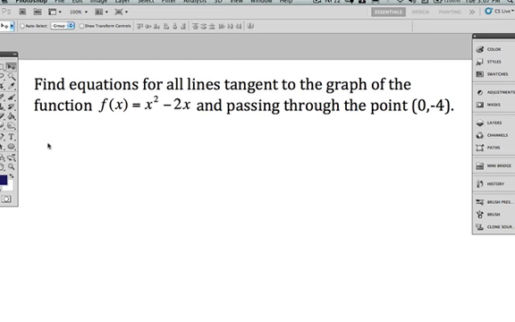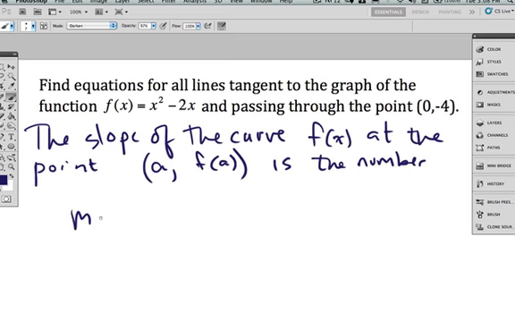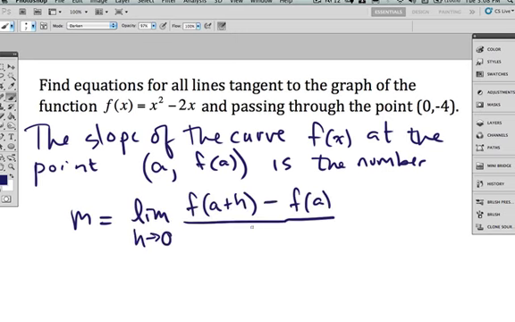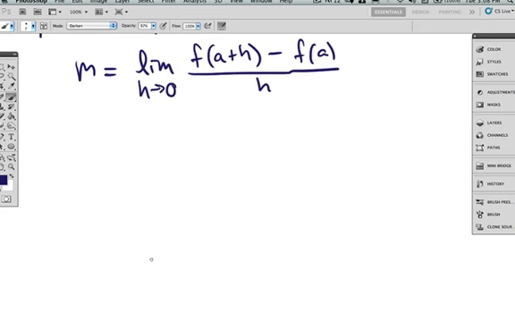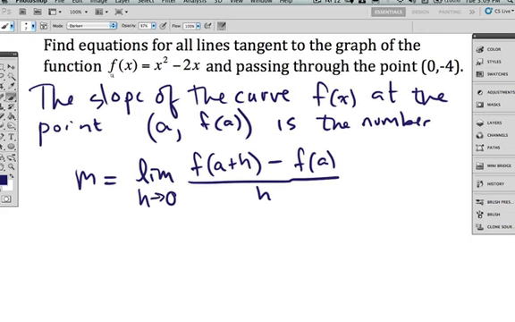So find equations for all lines tangent to the graph. Now all of the tangent lines have a slope that we can understand. We have an expression for the tangent slope. Now, in our function, we're working with the function f equals x squared minus 2x. So we're going to see that m